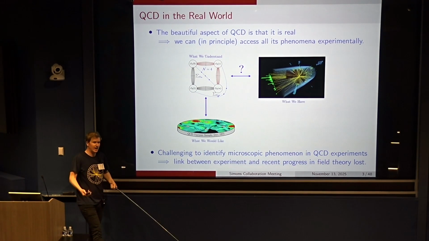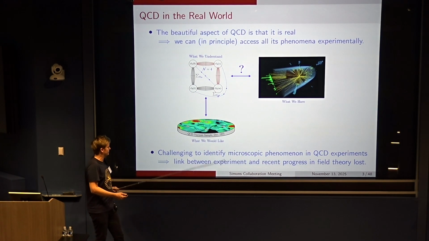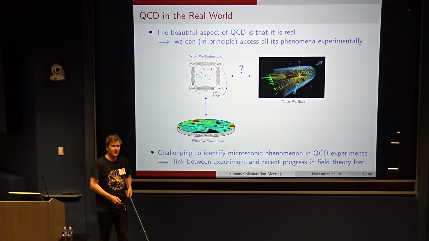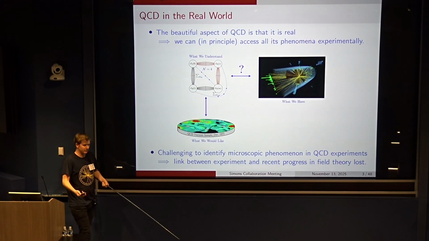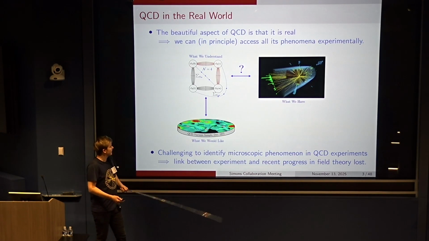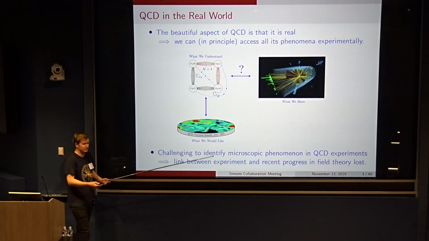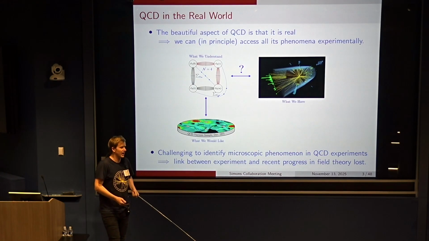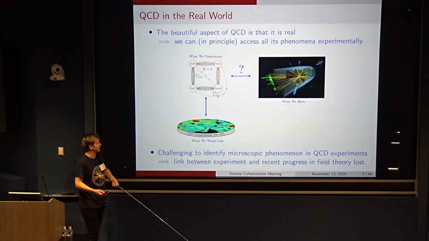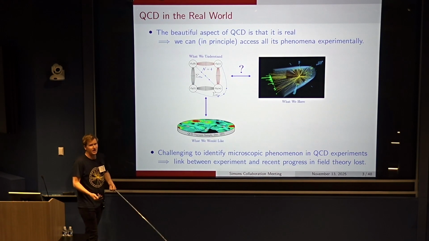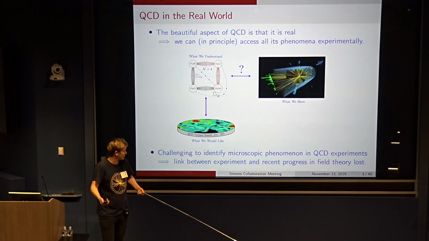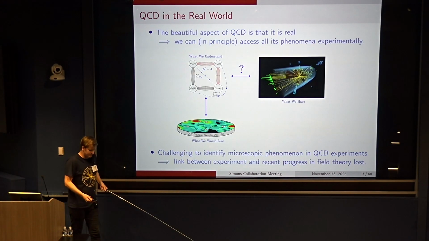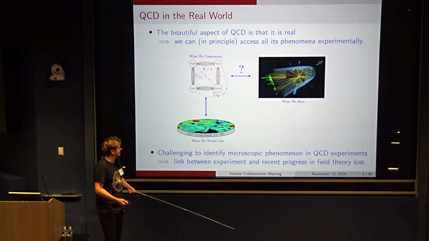And so if we could actually go out and measure, for example, some correlation function or some kind of Wilson loop expectation value, even if we couldn't understand it from first principles calculations, we could at least compare it to similar observables which we understand in our favorite toy theories, and this would provide a lot of insight into phenomena that we don't understand in QCD, and then we could try and improve and sharpen our understanding of these interesting phenomena. And so this is really one of the major difficulties in this field.